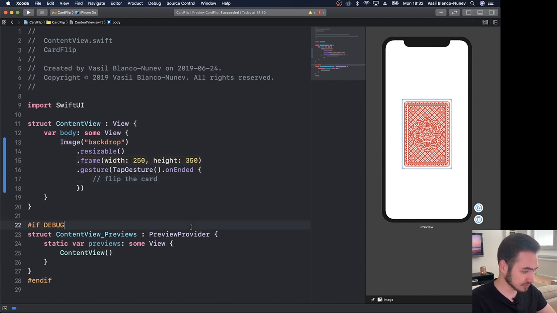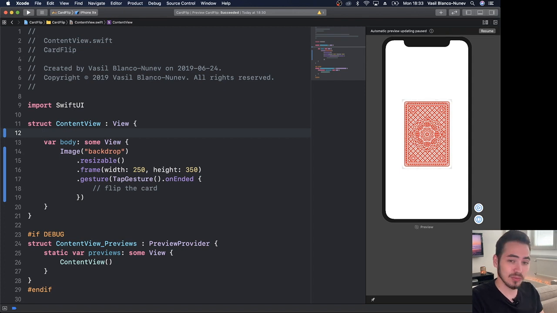Alright. So what do we want to do? We want to have a variable called flipped. It's going to be a Boolean variable that we will know if our card is actually flipped. And when it's actually flipped, we would like to change the image to show the front face and also animate it while it's flipping. So to do that, in SwiftUI, we will introduce a Boolean variable that is of a